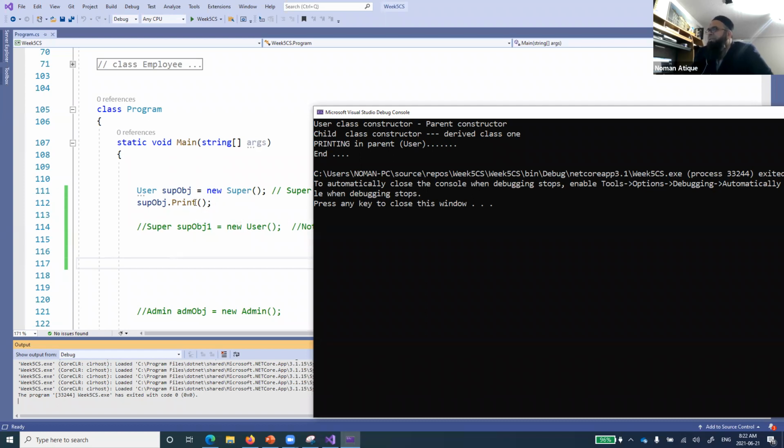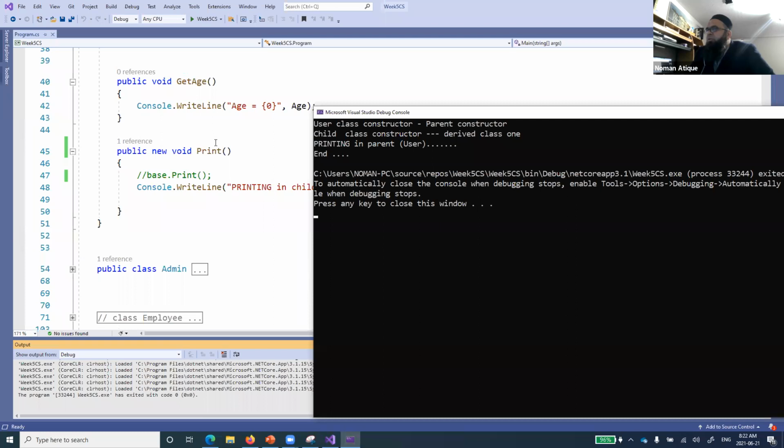I want to access the print, for example. So again, this is the method of accessing the parent method over here. Now what I want is that I don't want to access this one. Rather, whenever I say print, I want to access the print of the child method. The first method that we used was the base keyword, which I just commented out.